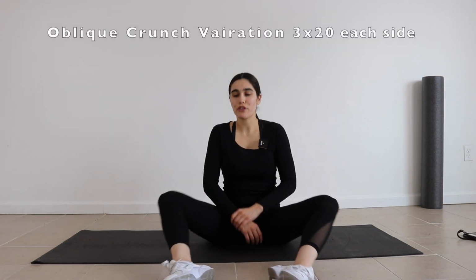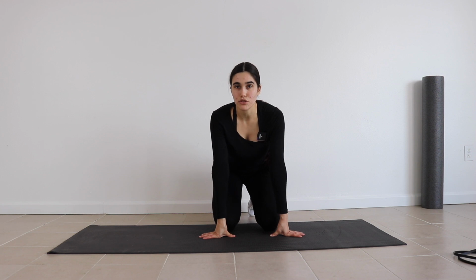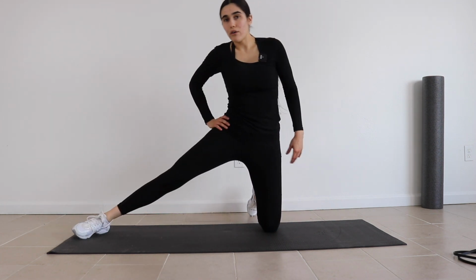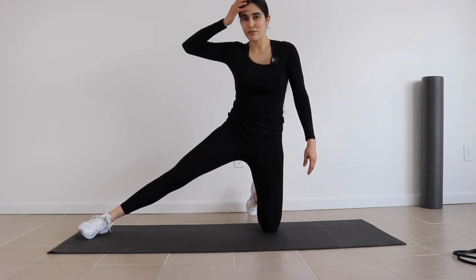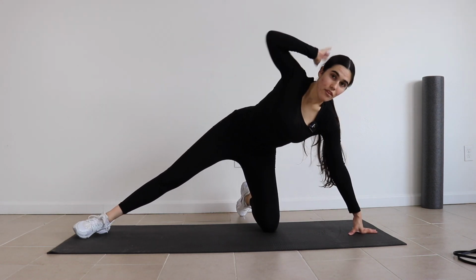For this last exercise, this is called the Oblique Crunch variation, and we're gonna do 3 sets of 20. For this next exercise, we're gonna talk about form first, and then we're gonna get into the exercise. So what you wanna do is you wanna leave one leg down, put one leg out, put one leg on, put one leg on your head. No, I'm just kidding. Put one hand on your head, put one hand down on the mat, and then what we're